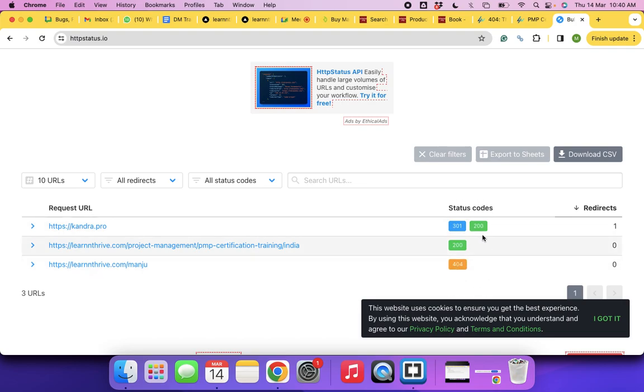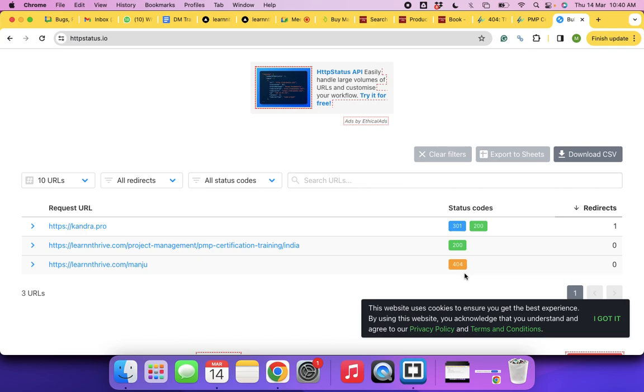And now there is one more status code. We call this the HTTP status code. If it is available, you are telling yes. If it is not available, you are using the word no, correct? And now here it is different. It is using numbers. The server has its own language. The server is sending the HTTP status code. HTTP is hypertext transfer protocol. HTML is hypertext markup language.